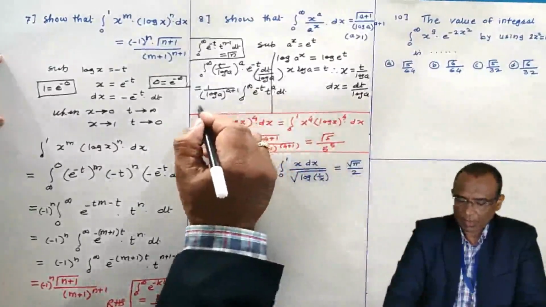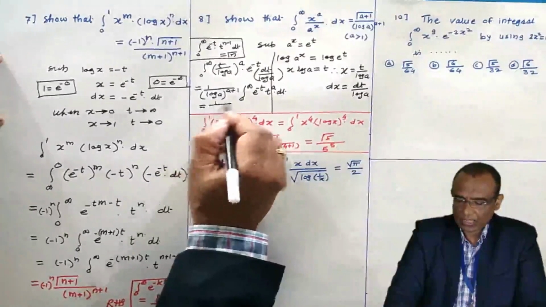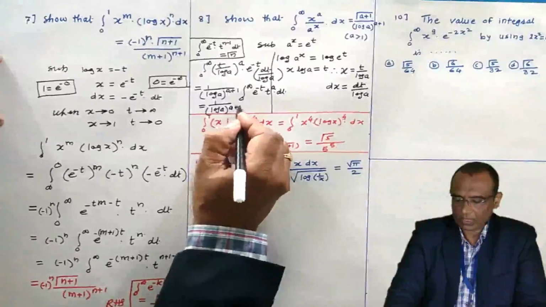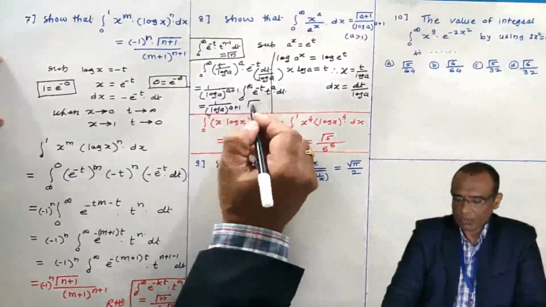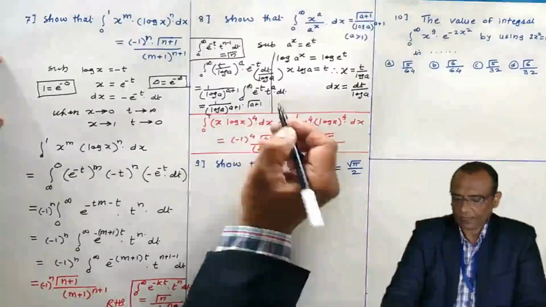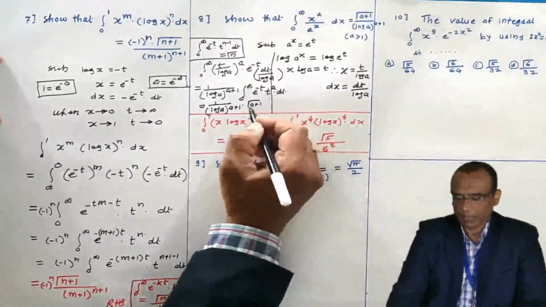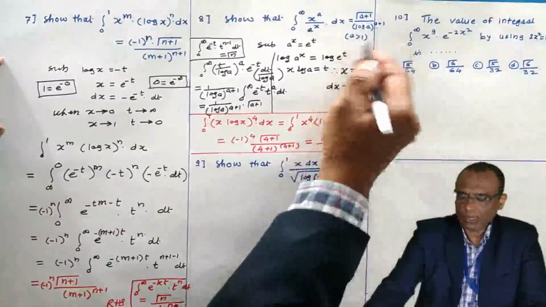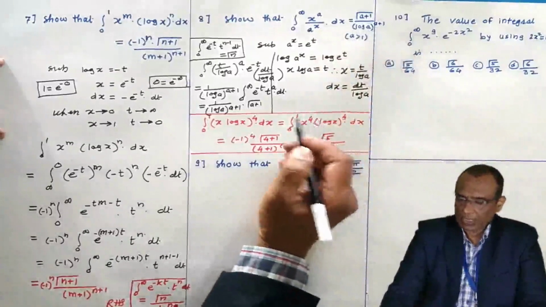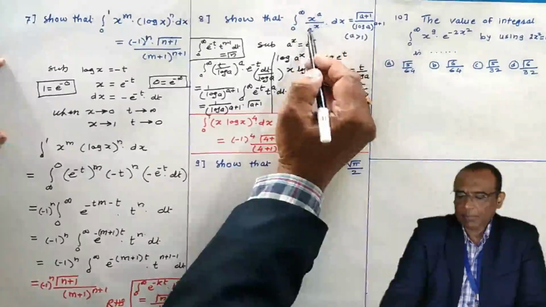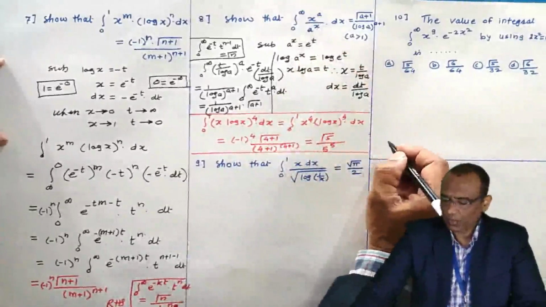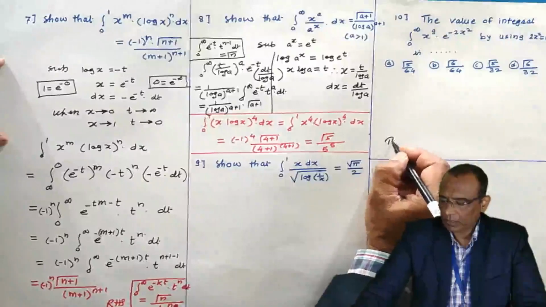Then by definition of gamma function, this is gamma a plus 1. T raised to power a, gamma a plus 1, with right hand side we have learned, and it is valid for a greater than 1. In examination, this a may be replaced by any other fixed constant. So you may be asked to find out the value of the MCQ.